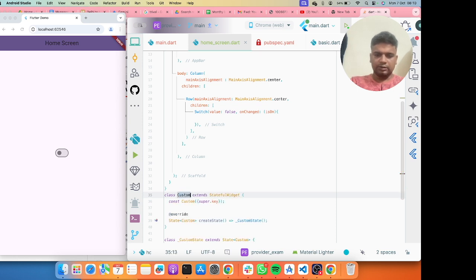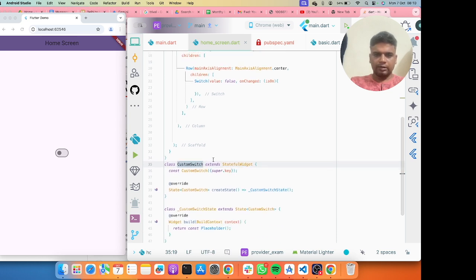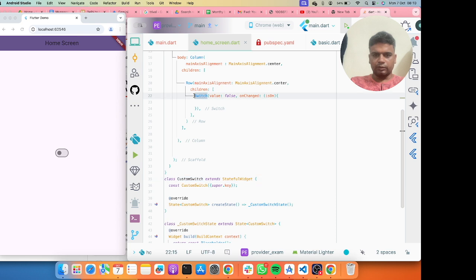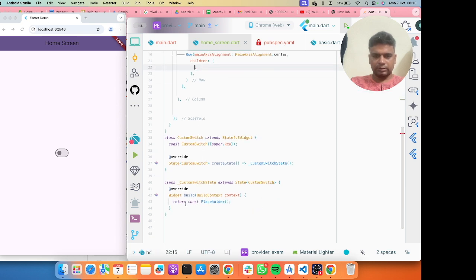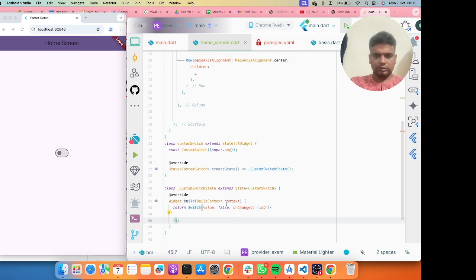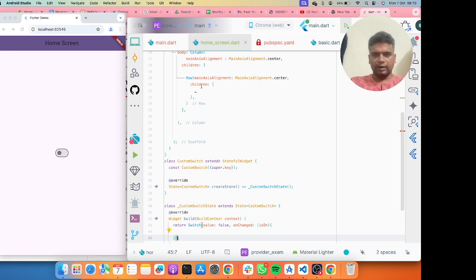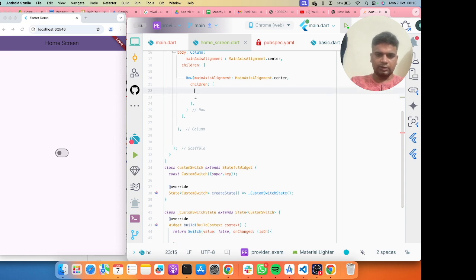Let's say custom switch, and I will copy the code of the switch here, and I will add the custom switch here.